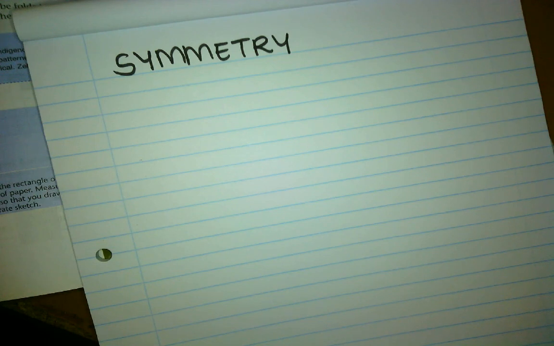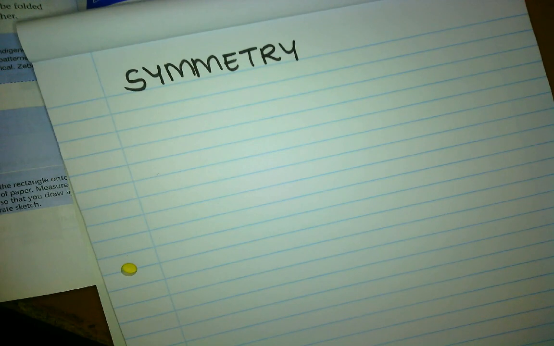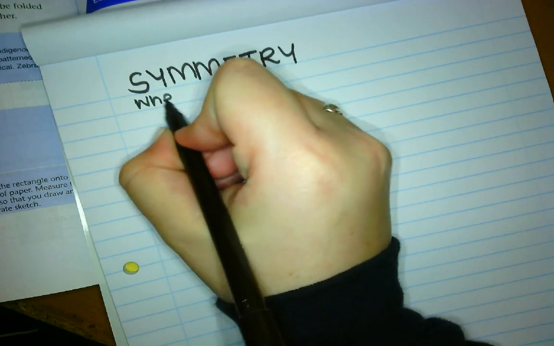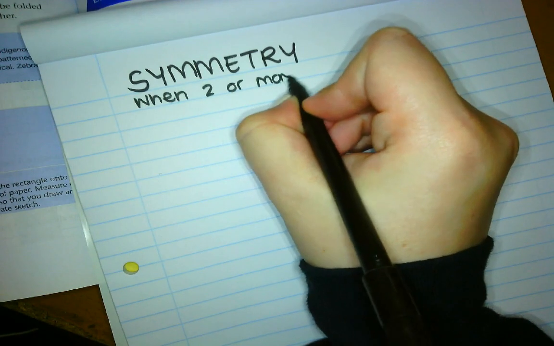Okay, Jihad. Okay, that's the line of symmetry. What is symmetry? A good thing, though, it's just the line of symmetry that you gave me. Okay, good. So when two or more sides